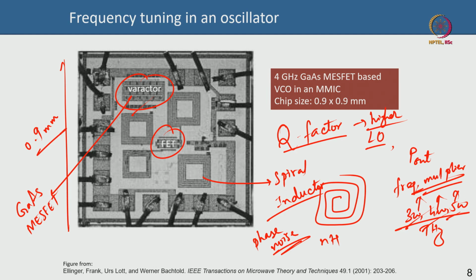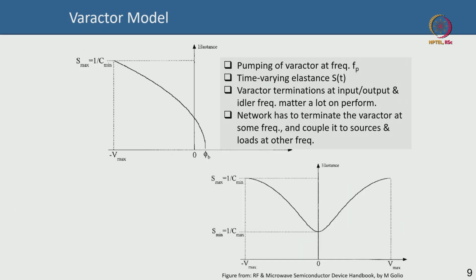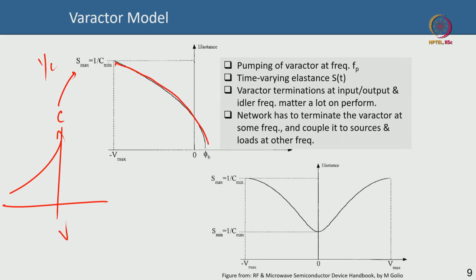Okay. The frequency, we understand it is a Schottky diode or a PN diode or whatever, but how do you model that or how do you capture that? So, I told you instead of a frequency, if you can plot the capacitance as a function of voltage, it will go like this, but instead of that I will plot elastance which is 1 by C. So, it will go like this, right, and this is going because this is a forward turn on and you do not want the forward turn on to be reached, and beyond this it will break down,